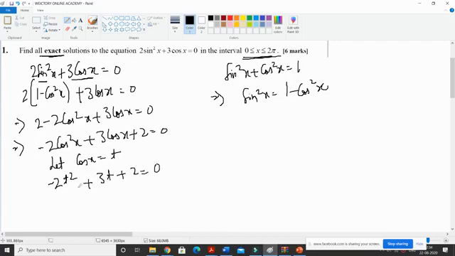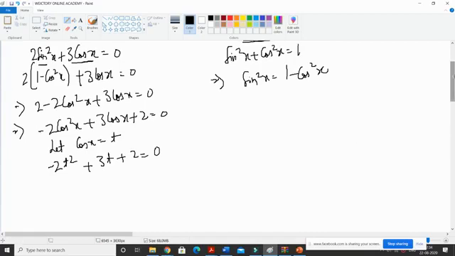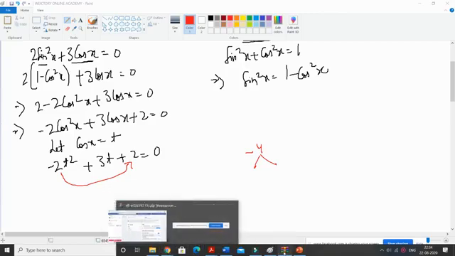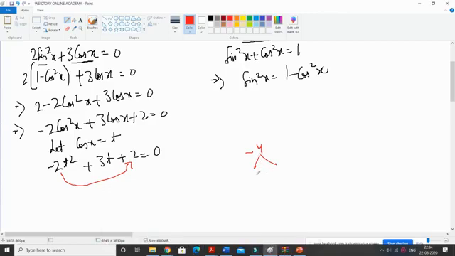Now we can solve it using factorization method or quadratic formula method, any method you can use, and you can solve this. I can see that it is easily solvable using factorization method. So we will multiply minus 2 to 2, we'll get minus 4, right? This to this. So minus 4, and we have to take the factors whose addition gives you